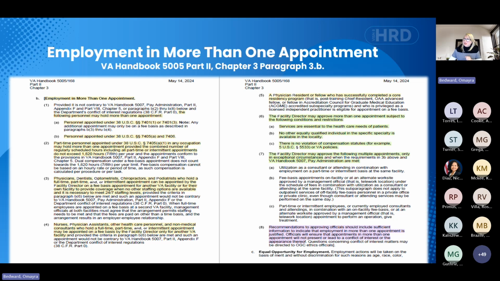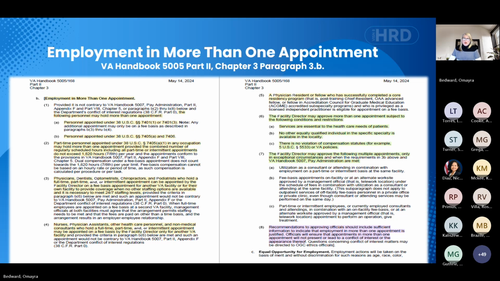If you do a search and look at that, and somebody asks you, can we do multiple appointments or dual appointments, right off the bat, it says it doesn't. But if you keep reading further in that paragraph, it does talk about dual appointments and the people that can be appointed. So with that said, when you are dealing with topics like this one, make sure that you cross-reference and read the regulation thoroughly.